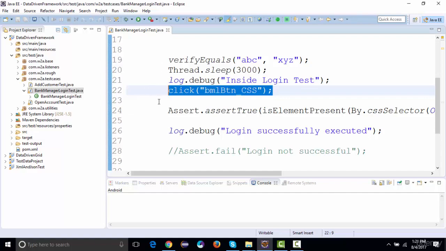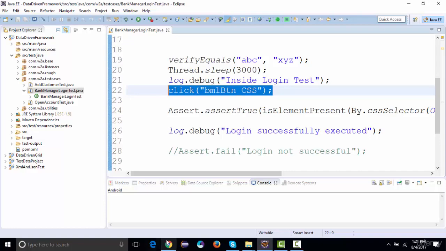Now, what is the drawback of having test case and business logic both in the same class? It's that if there are any changes in a specification, let's say we are working in an agile environment where things keep on changing very frequently and our specification requirements keep on changing very frequently, then what do we need to do? If we have already written all the test cases and all of a sudden the business requirement gets changed, then we need to go to our test cases and update our business elements as well.